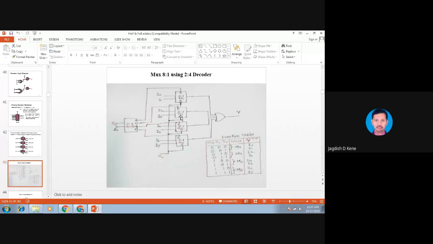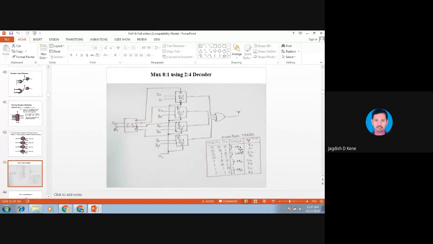So in this case, this will be active high and this is connected to this particular status. Likewise, it may become active high. As the status of S0, S1 changes, the connections change. All are connected to 0, all are connected to 1. So in this case, we can design an 8 to 1 multiplexer.